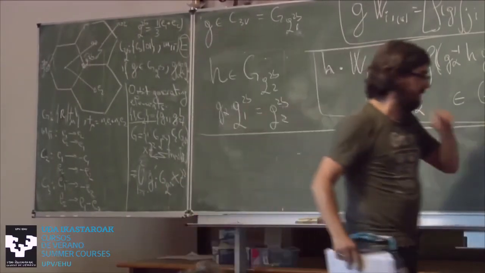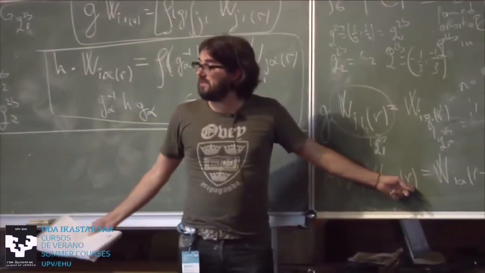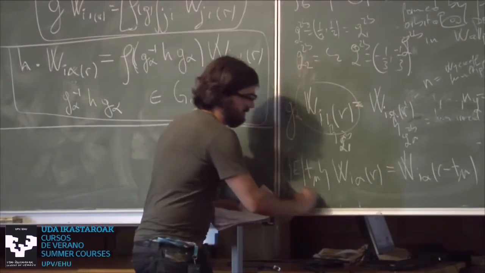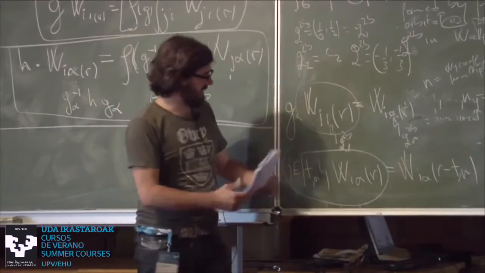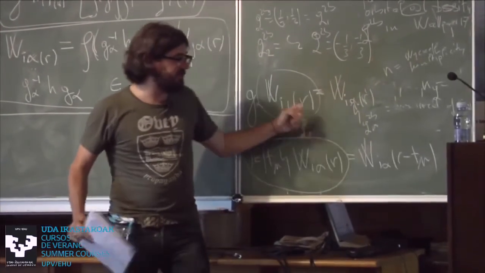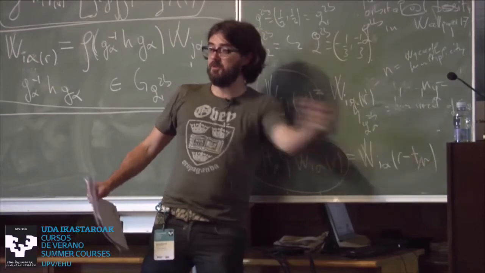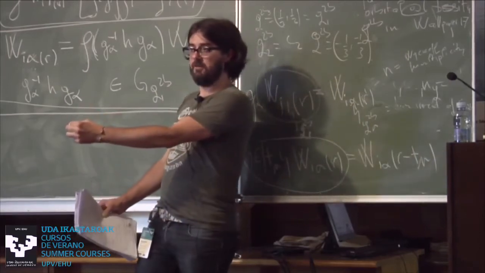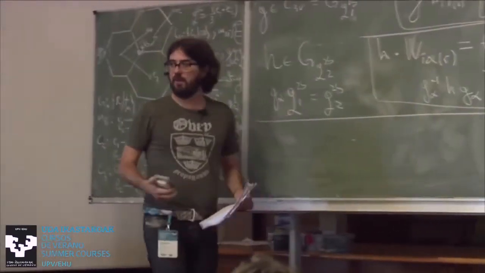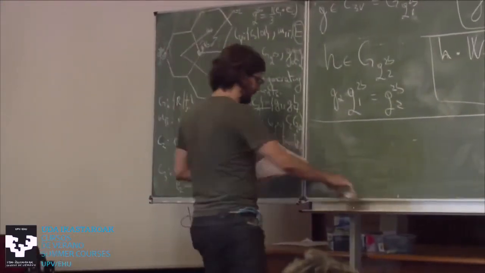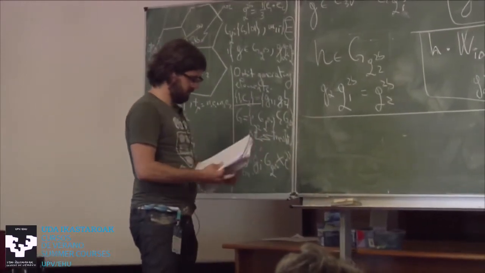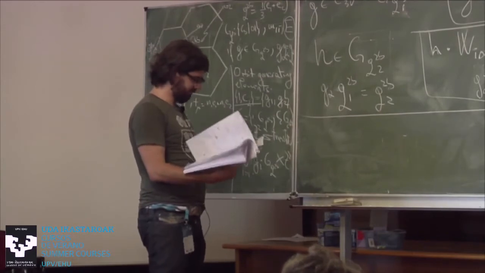This just tells you that if R is in the mu-th unit cell, this is the same as the one in the first unit cell, because R minus T mu brings it back to the first unit cell. Knowing this, I can now build the full representation, the full band representation, and let's just do it.